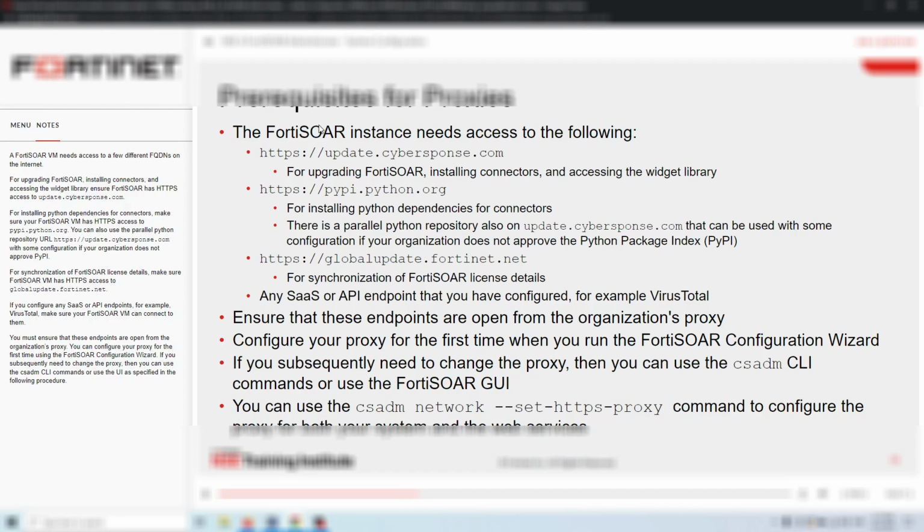pypi.python.org. You can also use the parallel Python repository URL, https://update.cybersponse.com, with some configuration if your organization does not approve PYPI. For synchronization of FortiSOAR license details, make sure the FortiSOAR VM has HTTP access to